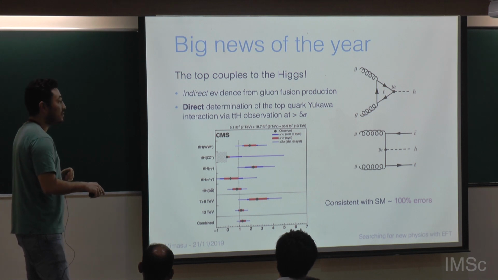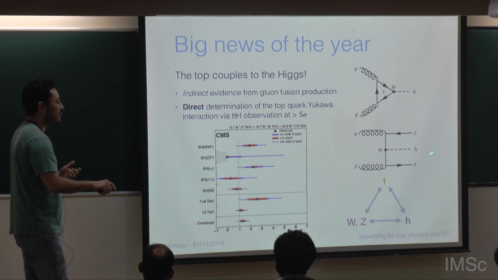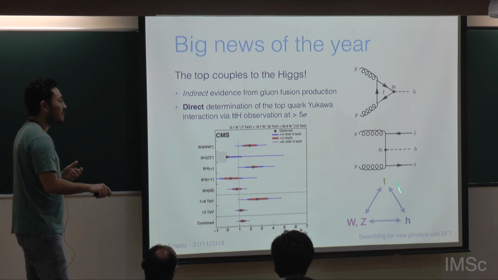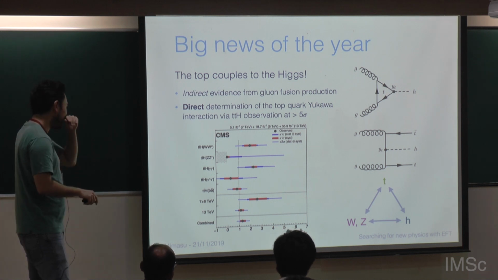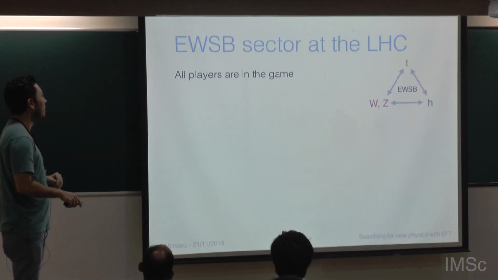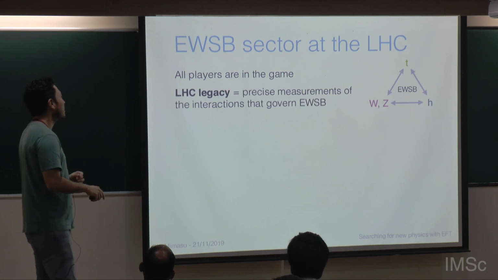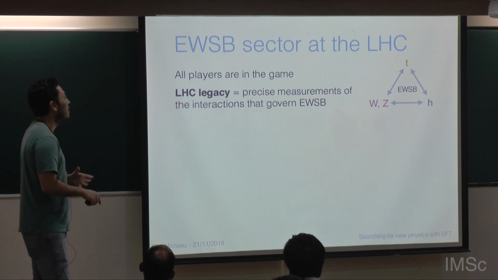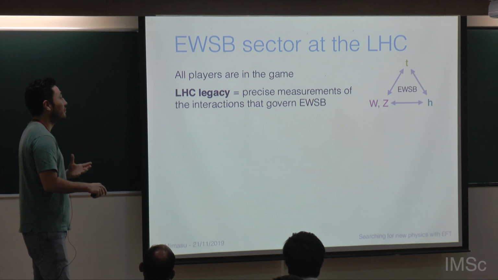The measurement is consistent with the Standard Model, and it closes this trifecta of the electroweak sector, in the sense that we now know that they all interact among each other for sure. So they're all in the game, these players, and the LHC legacy, I think, really will be forged in delivering